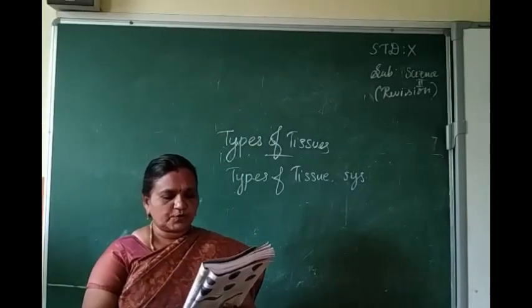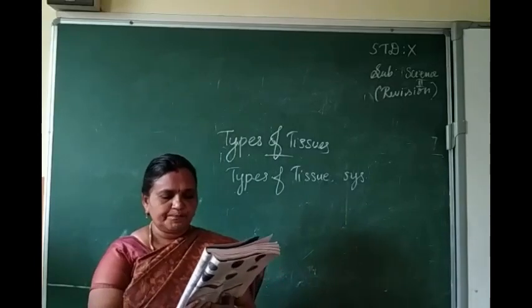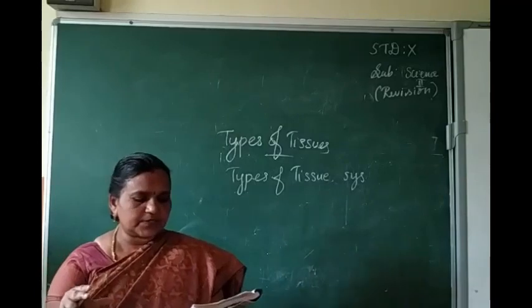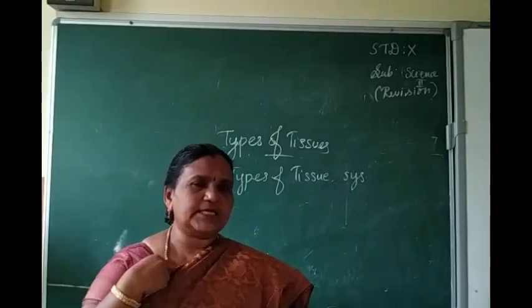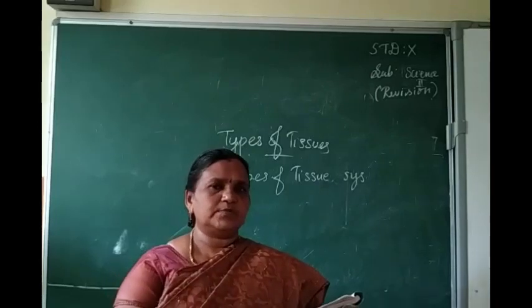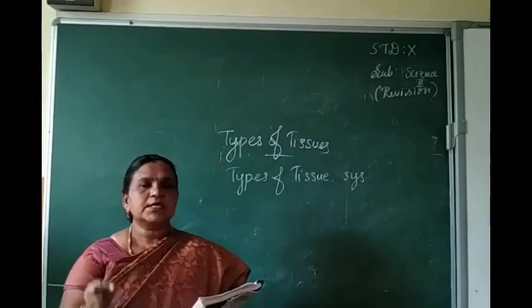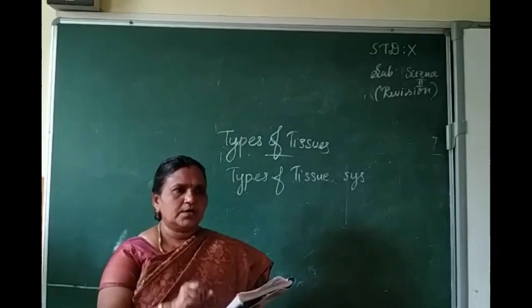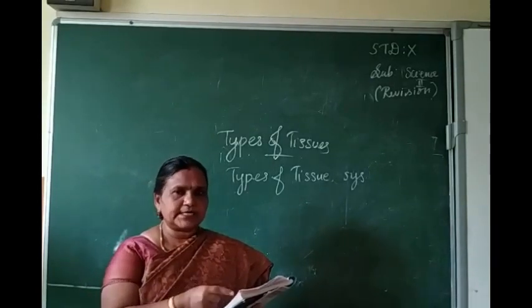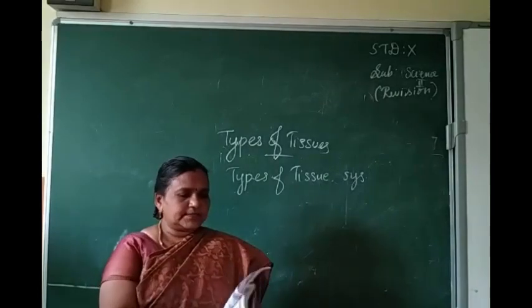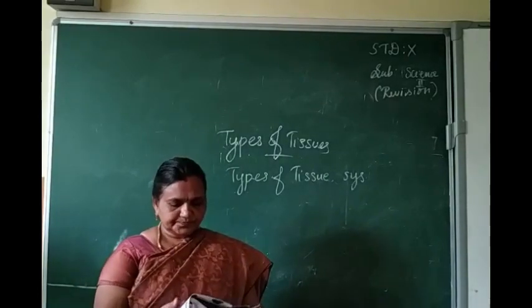And what are collateral bundles? This is the book bag question only. Next, these diagrams, all the diagrams, types of vascular bundle: what are the types and the difference between radial and conjoint. Sometimes the question may be, after giving the diagrams, they will ask what type of vascular bundle this is. You have to find out the type and write the names of the tissues also. Next page,